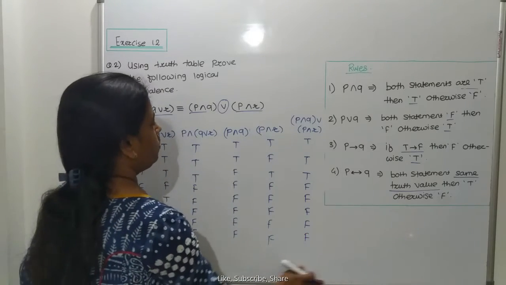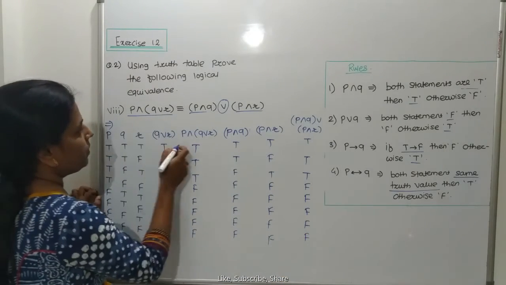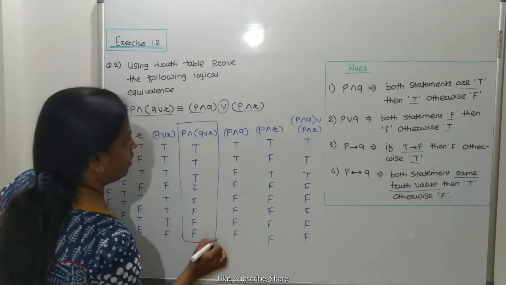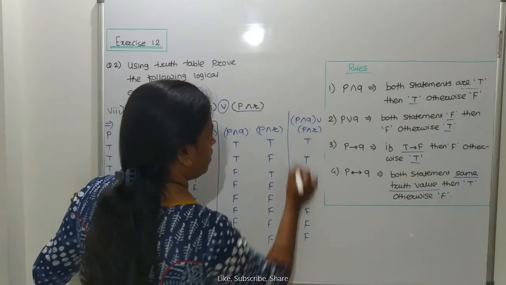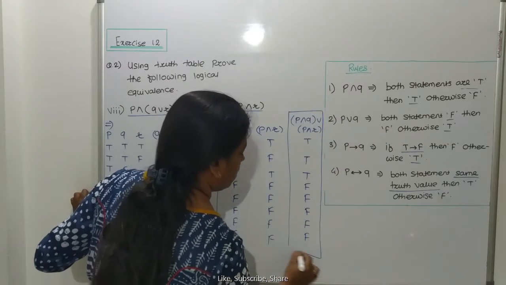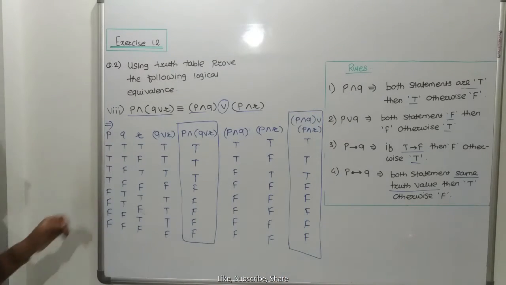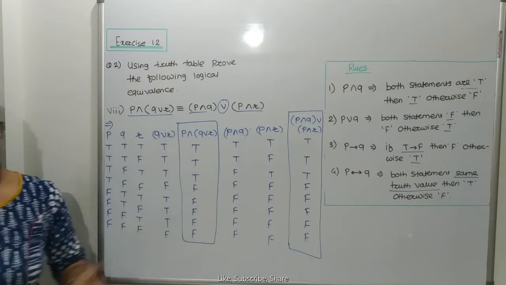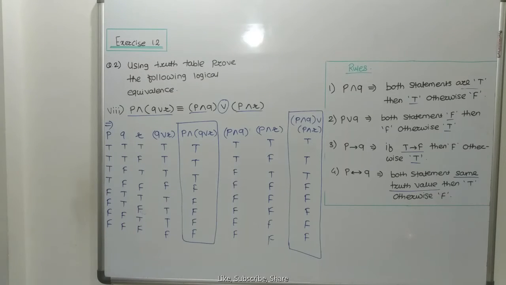Okay. So just observe what is the first statement pattern? This one. And the next one is this. So observe the truth values of each combination. That means they are equal. Okay. So therefore we have shown the equivalence of these two statements. If you want to write this, take a screenshot of it. Now we have to solve the 9th question. Okay.